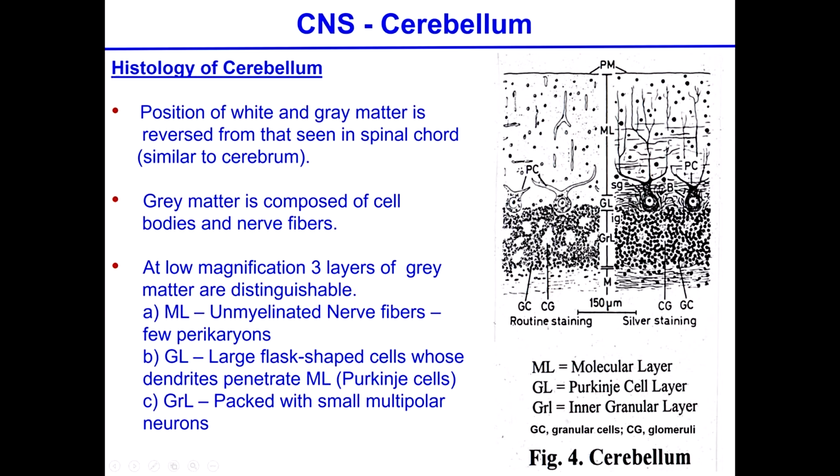So if we look in more detail, again, this looks very much like some of those drawings from Santiago Ramón y Cajal, with the silver staining. By the way, he was the first one to apply silver staining to histological studies of the brain. You can distinguish fundamentally three kinds of layers. This is, of course, the surface, and we go toward the inside. We find the molecular layer, which is similar to the one that we saw in